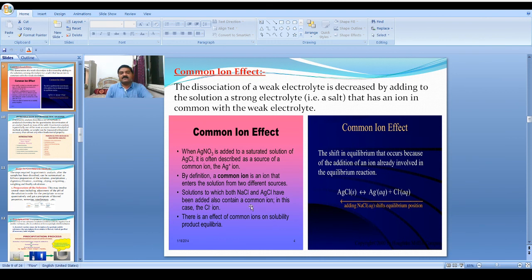And there is an effect of common ions on the solubility product equilibrium. This is the equation given: AgCl. If we ionize, Ag positive and Cl negative, here we are adding the sodium chloride. This sodium chloride having the Cl ions and silver chloride having the Cl ions. That means the dissociation constant of this weak electrolyte is decreased by the addition of this sodium chloride or the silver chloride. Okay,